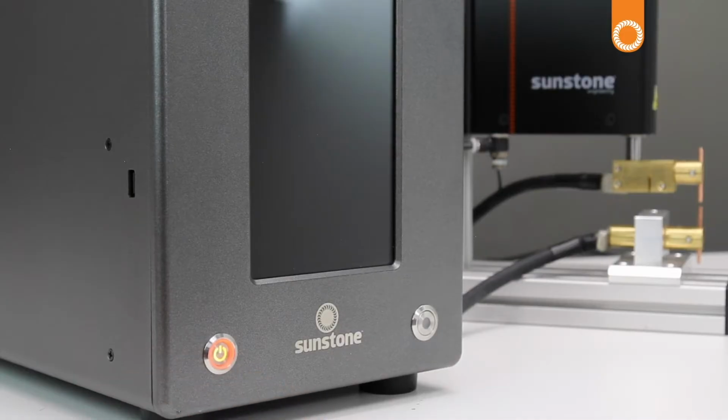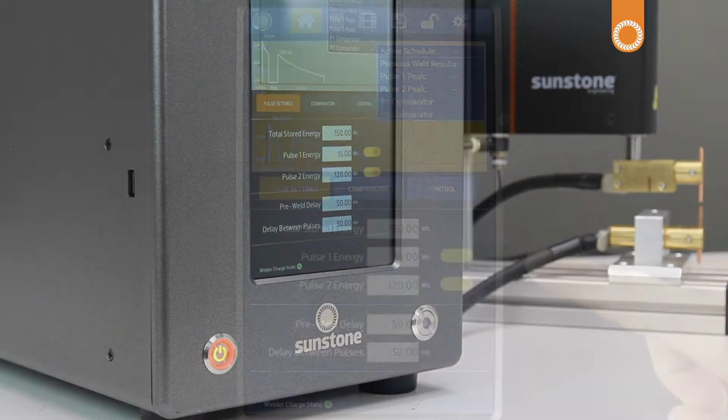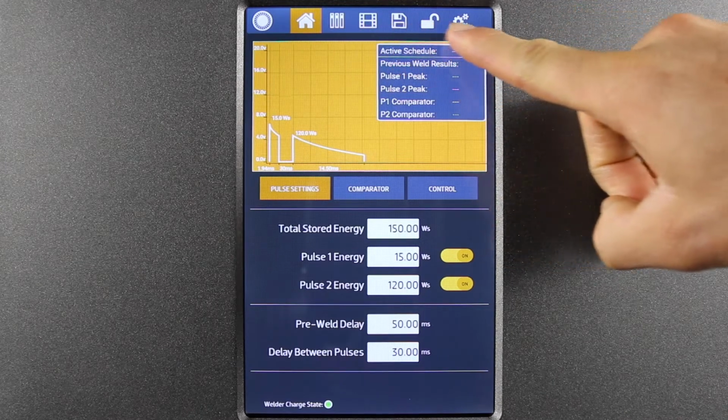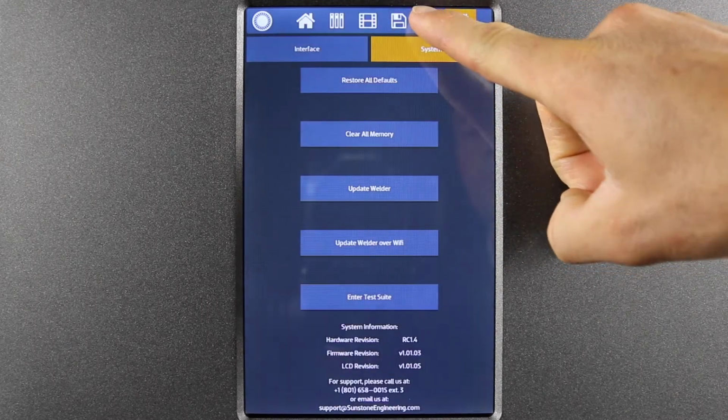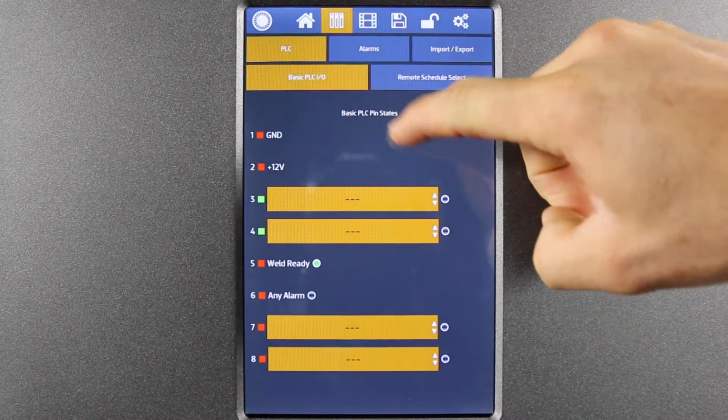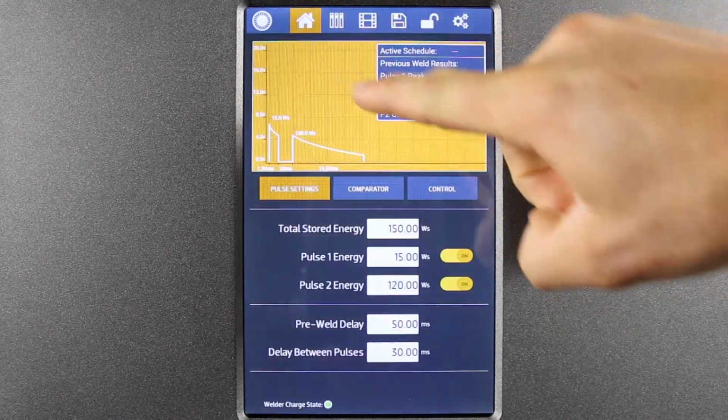Ready? Okay. When you power on your Sunstone welder, and after the welder has completed startup, you'll see the home screen. At the top is the navigation bar. Use the navigation bar to access other screens and features. I'll get to the navigation bar and the other regions of the interface later, but for now, let's stay focused